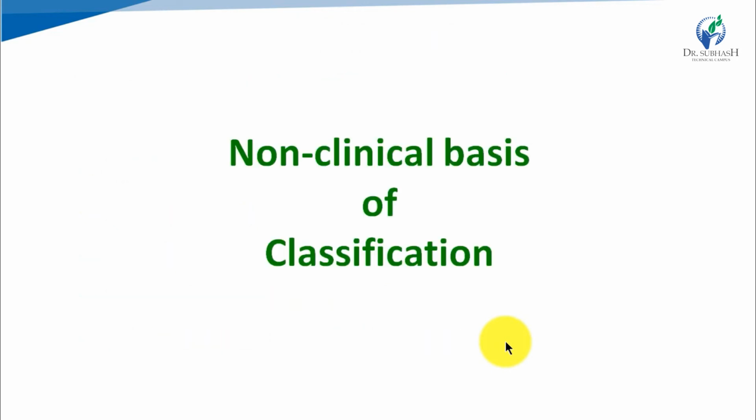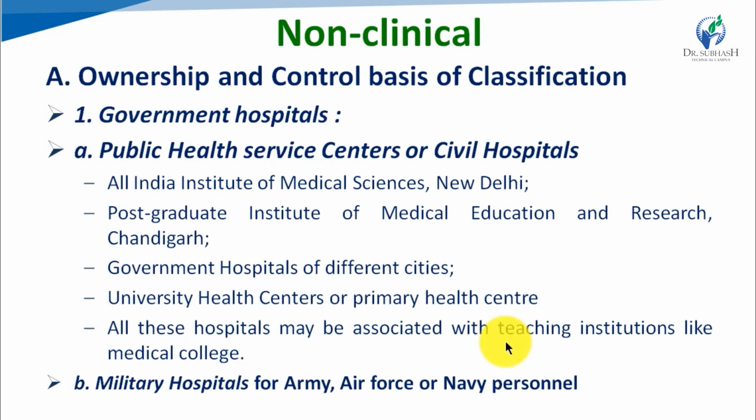Then the non-clinical basis of classification. We have already seen the clinical basis. Now the non-clinical basis of classification. Here, the first one is the ownership and control basis of classification. See, who is going to control the hospital, whether it is from the government side or it is privately run. On the basis of